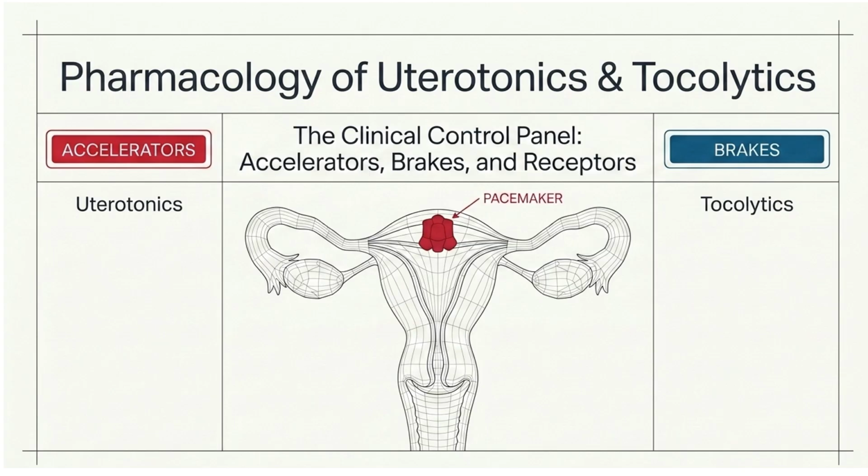We're talking about the uterotonics and tocolytics, or drugs that can accelerate labor or cause stimulation of contraction of the pregnant uterus, or drugs that decelerate or push the brake for the progression of labor, what we call tocolytic agents. So this is an introduction about the shape of the uterus and the myometrium and the site of the pacemaker up in the fundus of the uterus.